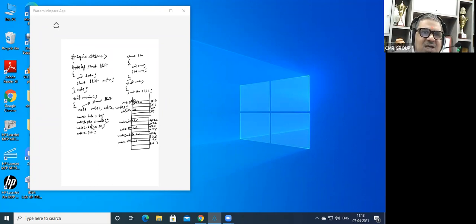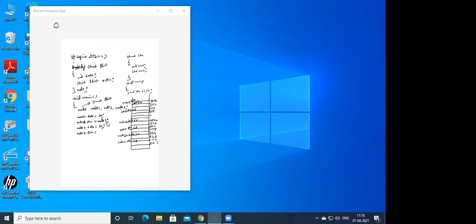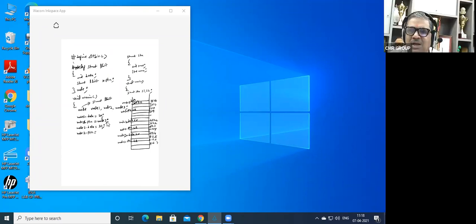For example, if I say node 1 dot ptr is equal to node 3, what will happen? Node 3's address would be assigned to node 1 dot ptr. Are you getting the point? The link would be established between node 1 and node 3. But I want to establish the link between node 1 and node 2. So what address has to be assigned? Node 2's address has to be assigned to node 1 dot ptr. That is the reason I am writing node 1 dot ptr is equal to node 2.